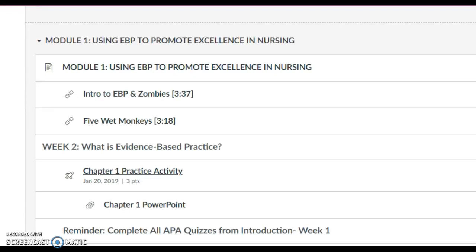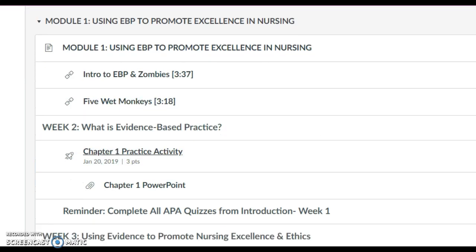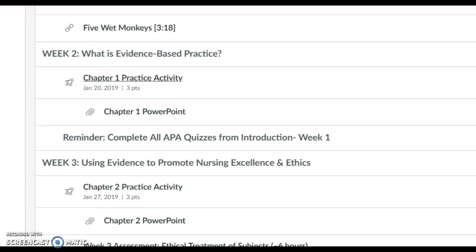On the modules page, you'll notice that a lot of weeks within this course have something called a practice activity tucked underneath them. Your first one is in week 2. These are very short, automatically graded quizzes that are knowledge checks as far as the content of what you've been covering in your reading. These are specifically designed to help you familiarize yourself with key concepts, key vocabulary, and to make sure you have a solid foundation before you go on to do the assessment that we'll do each week